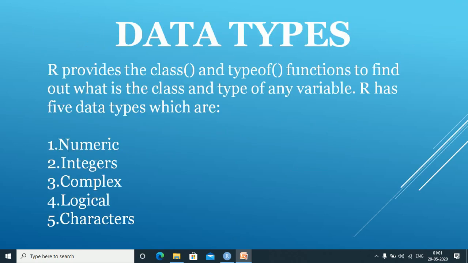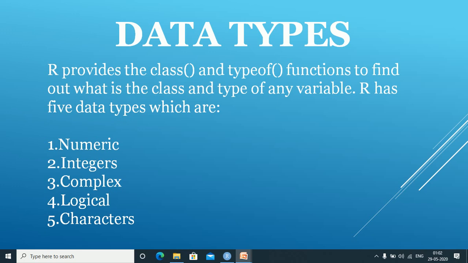R provides class and typeof functions to find out the class and the type of a variable. R has 5 types of data: numeric, integer, complex, logical and character.